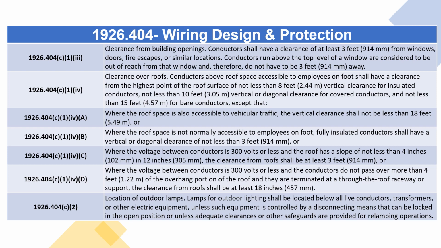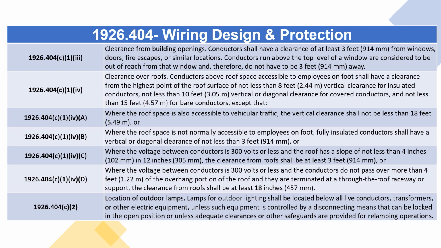1926.404(c)(1)(iv) Clearance over roofs. Conductors above roof space accessible to employees on foot shall have a clearance from the highest point of the roof surface of not less than 8 feet, 2.44 meters vertical clearance for insulated conductors; not less than 10 feet, 3.05 meters vertical or diagonal clearance for covered conductors; and not less than 15 feet, 4.57 meters for bare conductors, except that